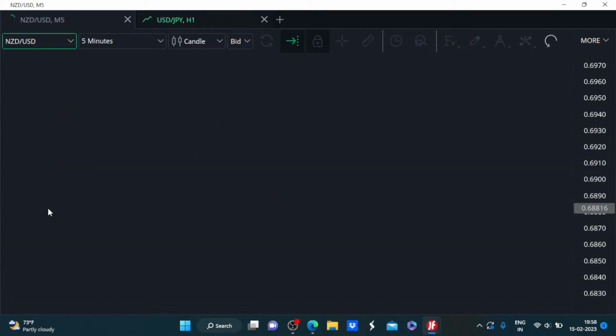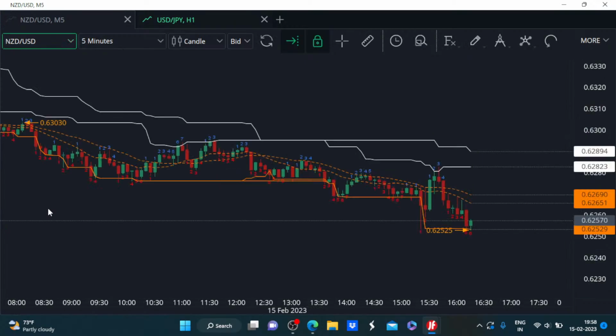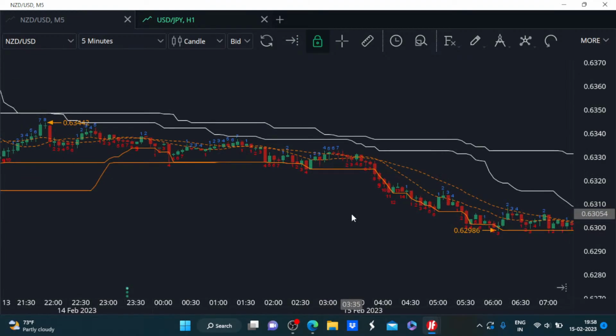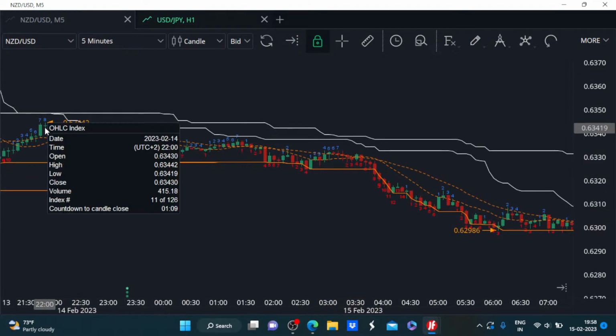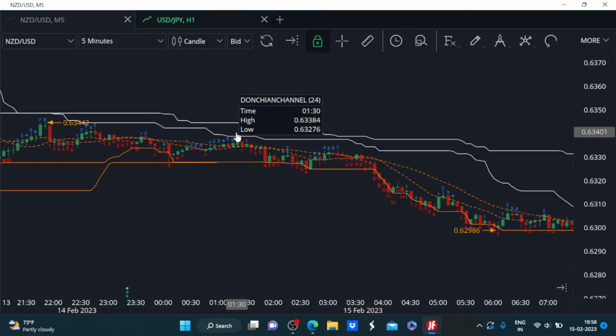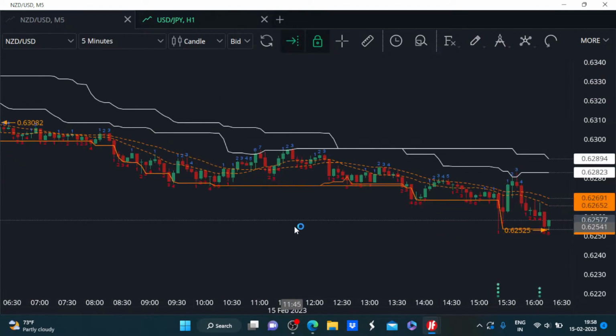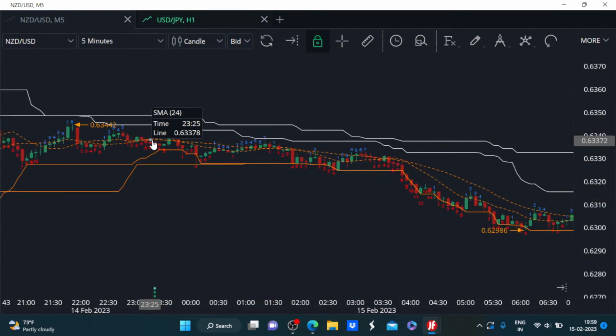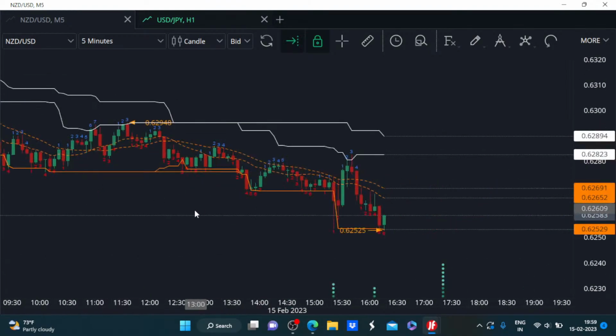Now let's see what's the story for NZDUSD. NZDUSD, as expected, is not looking much different. It is also in a bearish zone. If we look at its day's high, which was around 0.6340, and compare it to the day's low of around 0.6252, its decline is slightly less than 2 percentage points and less than the decline which we saw for the AUD. So we have to put the AUD ahead in terms of its bearishness against the US dollar.